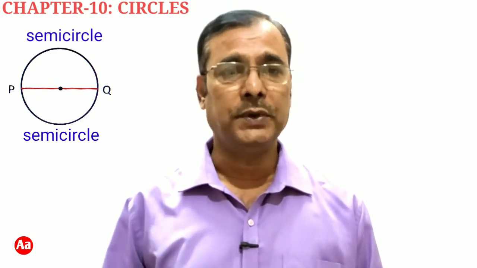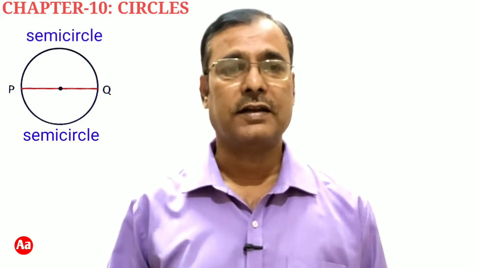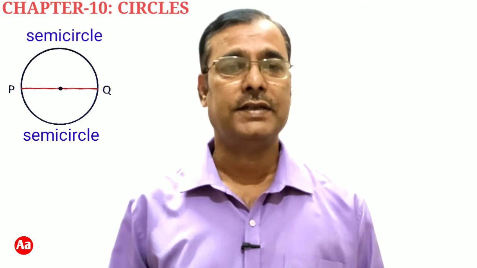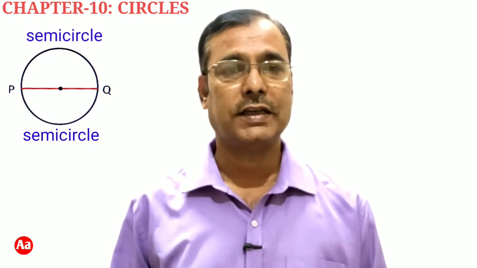The length of the complete circle is called its circumference. The region between a chord and either of its arcs is called a segment of the circle. There are 2 types of segments, major segment and minor segment, as shown in the figure. The region enclosed by an arc and the 2 radii joining the center to the end points of the arc is called a sector. There are 2 types of sectors, major sector and minor sector, as shown in the figure.